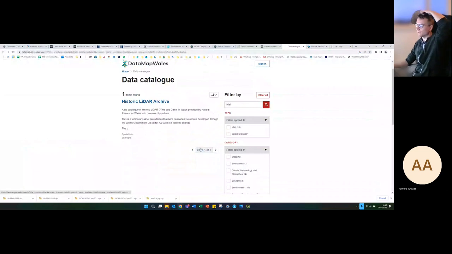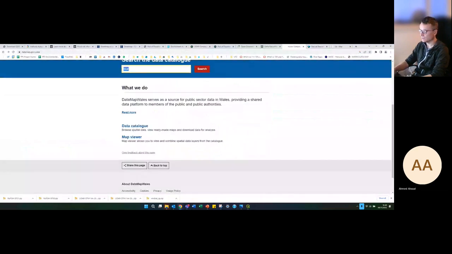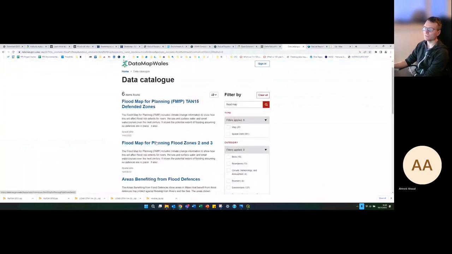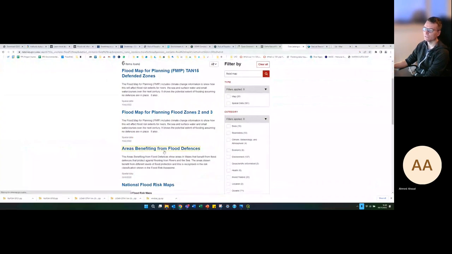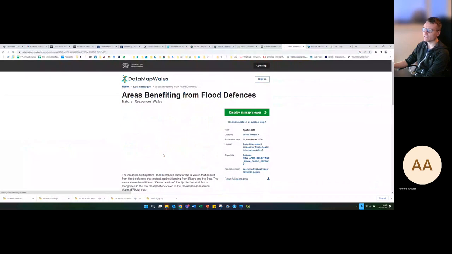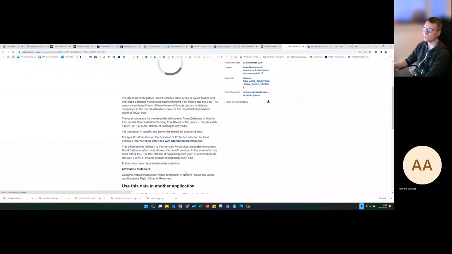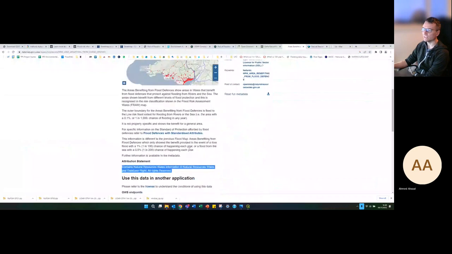So again, you can download all of the flood map layers. I'm not sure if you can do that on here. So flood map. So you see, yeah, so you've got some flood map for planning, areas benefiting from defences flood layers. So you can download those through here. And again, just build up a database for the data sets in Wales. It's similar to the data.org website. It gives you the attribution statement you need to use. And you can download